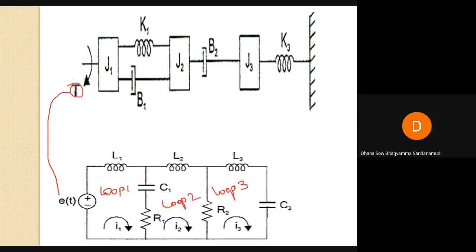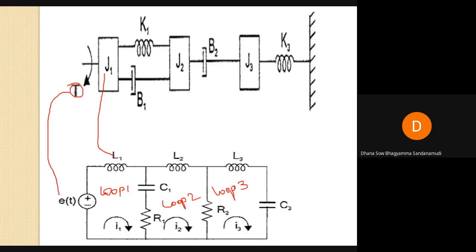Three nodes means three loops will be there. So, source voltage. Next, J1. What is J1? J1 is analogous to L1, not 1 by L1. So connect L1 in series to this. If J1 is analogous to L1, you must connect L1 parallel to the voltage source. Now simply connect in series. Both are in series now.